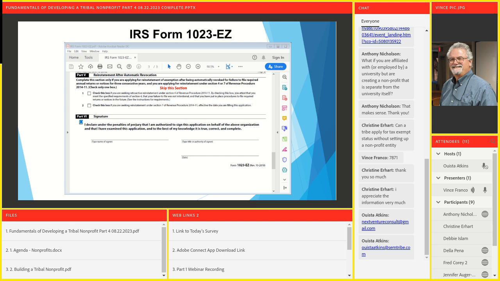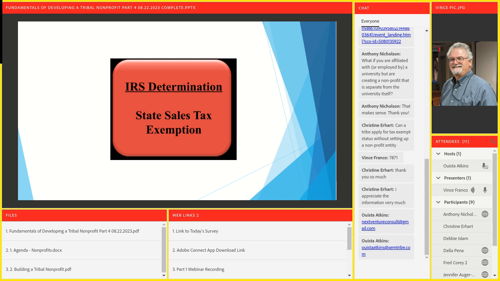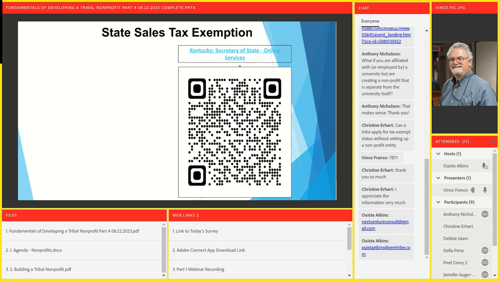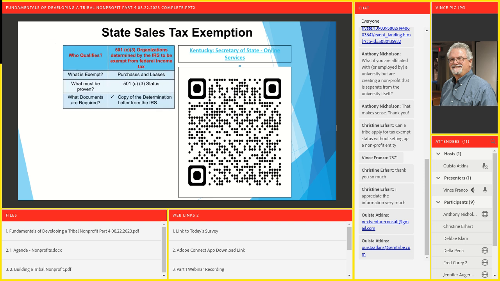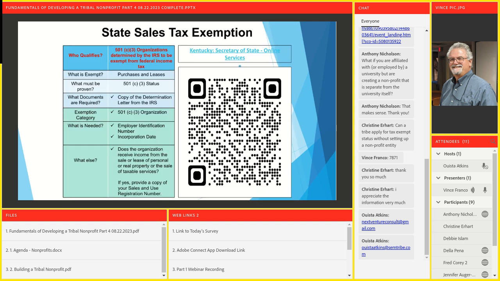Now, having said that, if you have any questions on it, because the very last thing here is the sales tax exemption. And to get sales tax exemption, you need to have 501c3 status. You need to get the acknowledgement back from the IRS saying that you are a legitimate charitable 501c3 status organization.